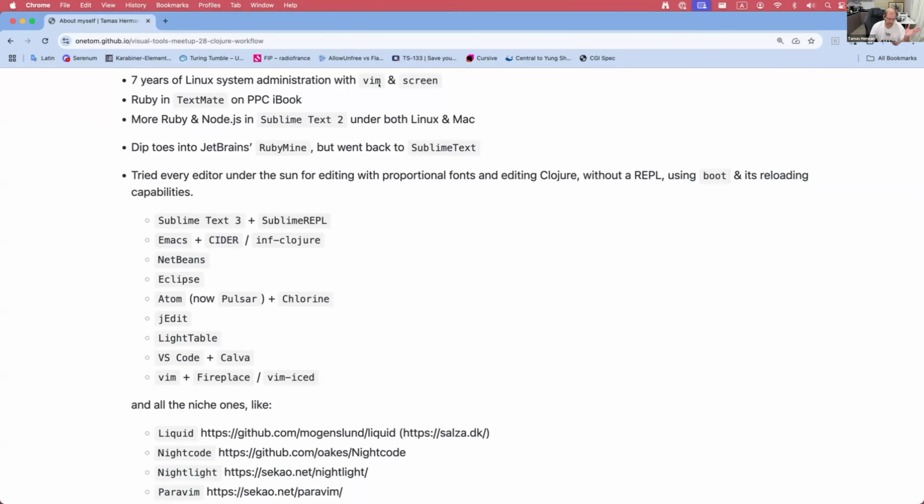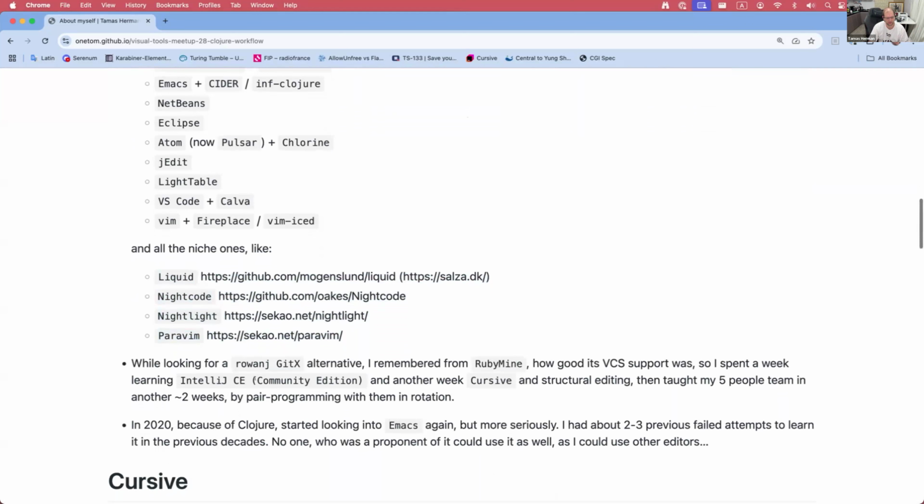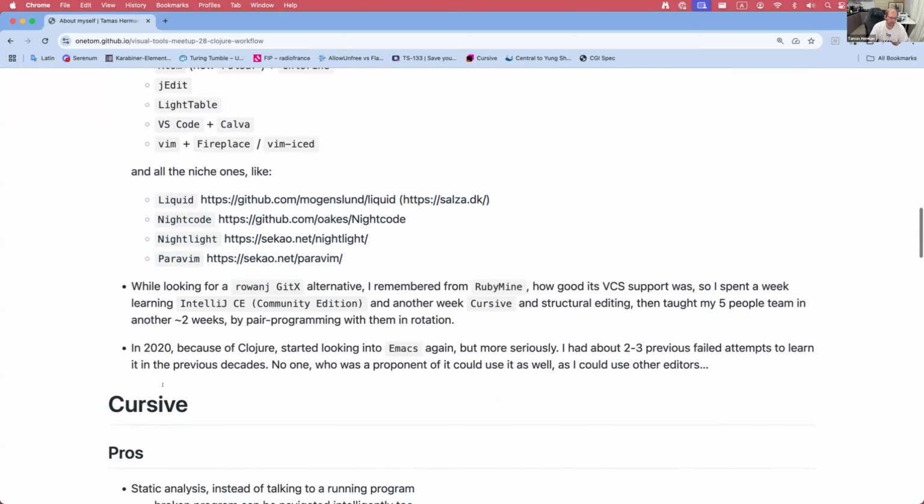So I tried the major things like Vim, a bit of Emacs, and then the graphical editors, even these special ones which are built into your Clojure application and boot up together with your Clojure application. And finally,